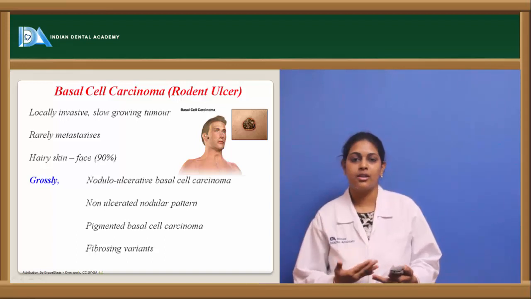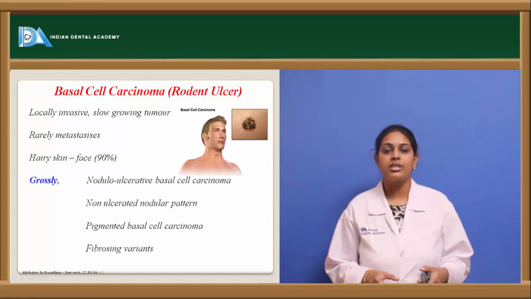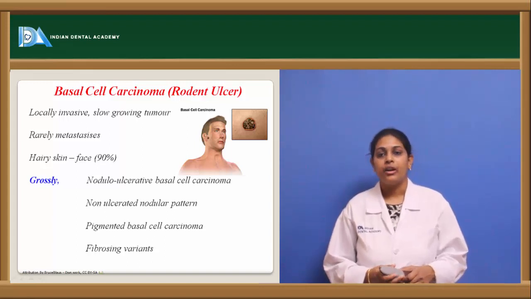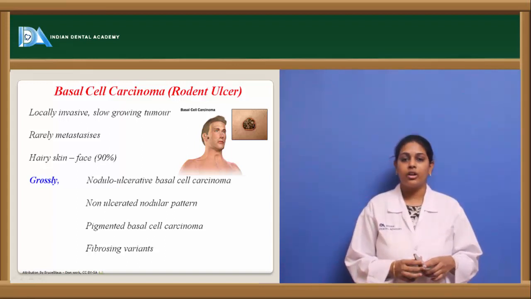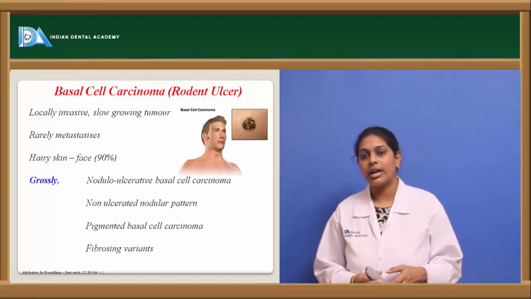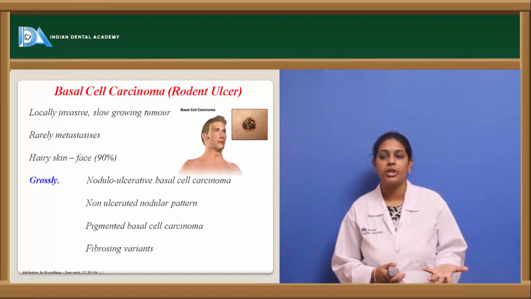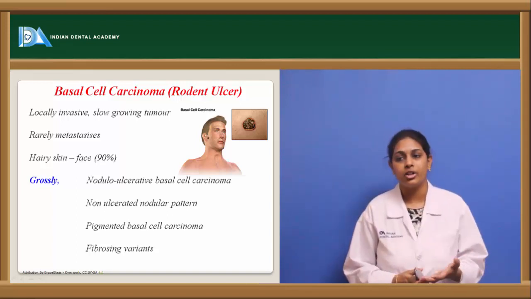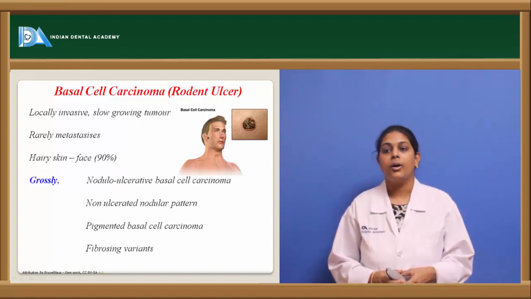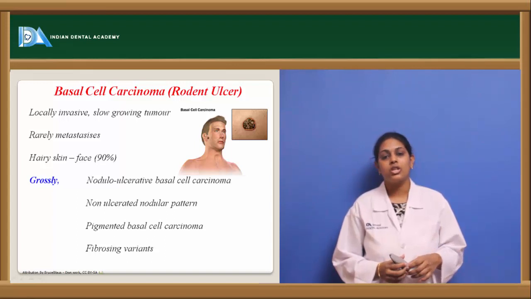So the face is the most commonly affected region, constituting 90% of basal cell carcinomas, which occur in the facial region. Coming to the gross appearance of the carcinoma, usually they could be either a nodular ulcerative type, that is, they might show ulcerations along with nodule formation, or they can be only ulcerated type. Or of nodular pattern, that is, only nodular without any ulcerations, or